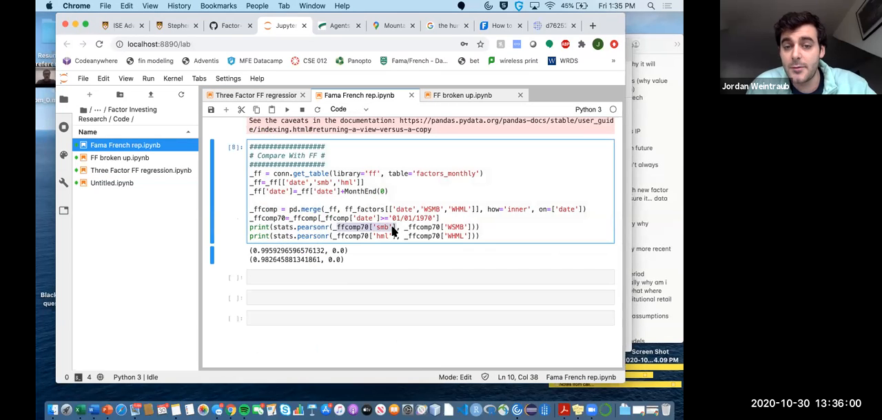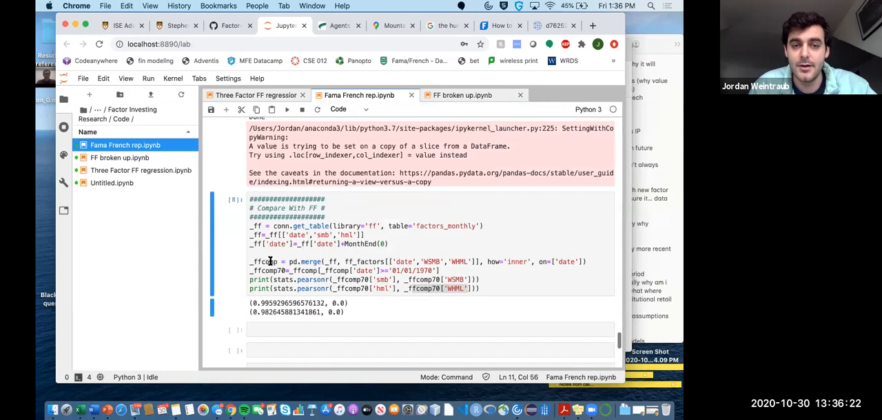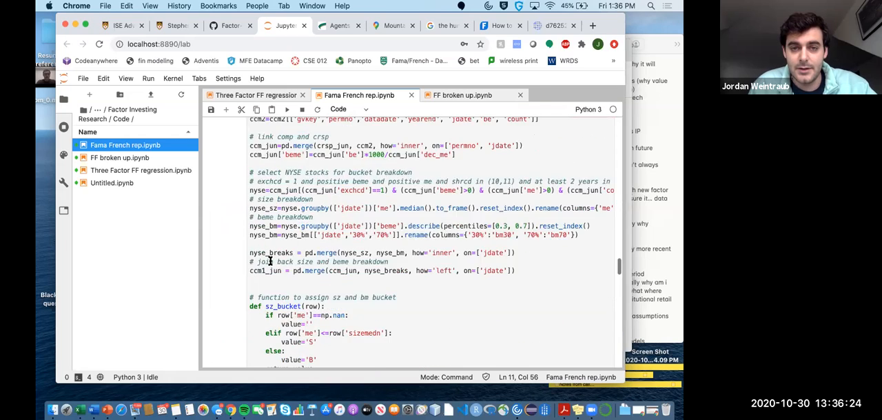This is Fama-French directly from their website. This is HML, high minus low, directly from their website. And these are the calculations we did. The correlation between the two is 99% for the first one and 98% for the second one. So we successfully replicated the returns that they found,